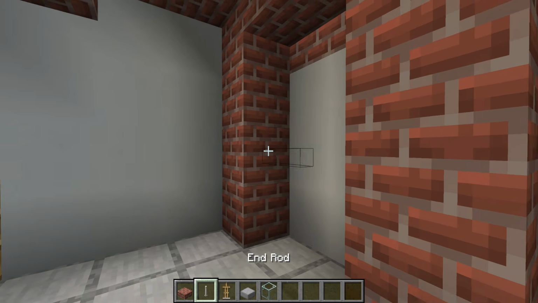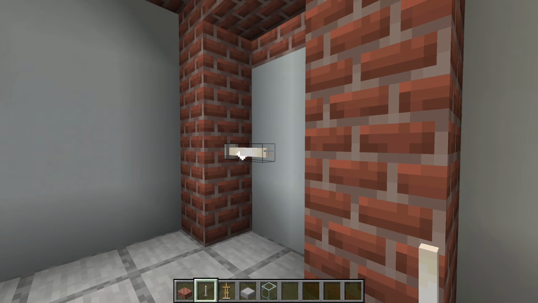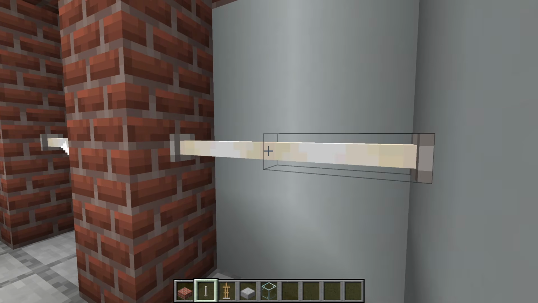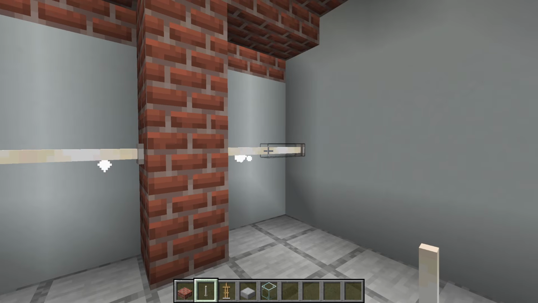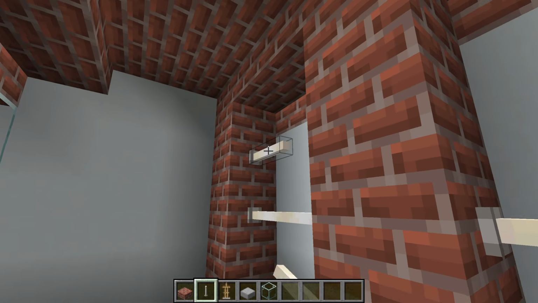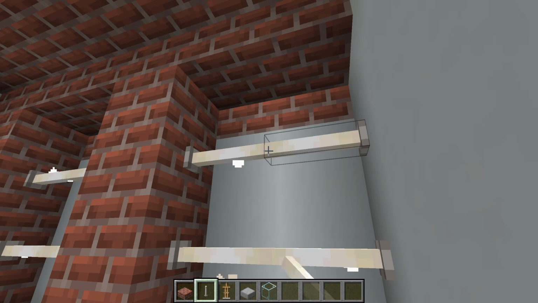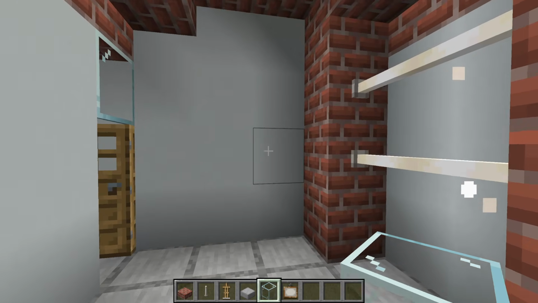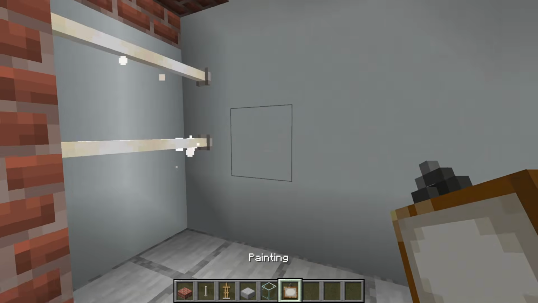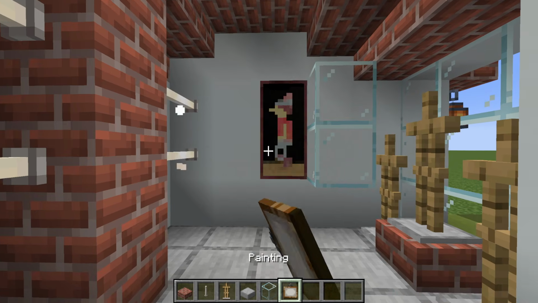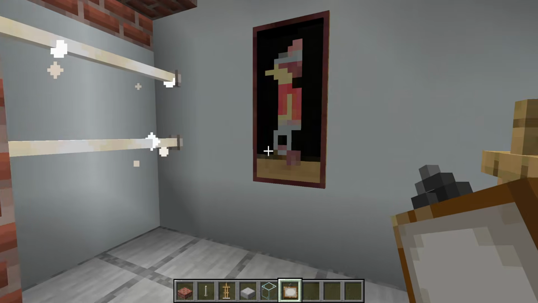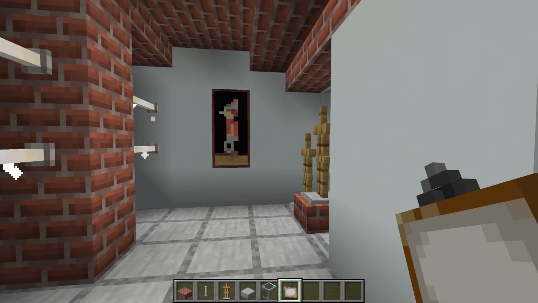Then we want to place end rods connecting these 2 rows of bricks together, and these want to extend through just like this to the right side, and we want another row of these just directly above as well, doing the exact same thing. I also think it would be nice to have some paintings in here as well, just the 1x1s kind of like in the middle of the wall, just like this. I think that does just kind of improve this a little bit,